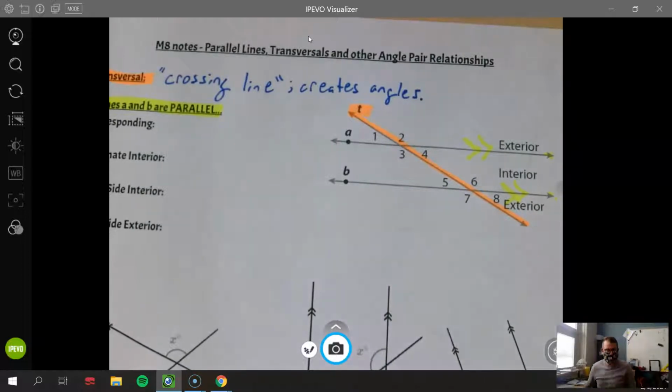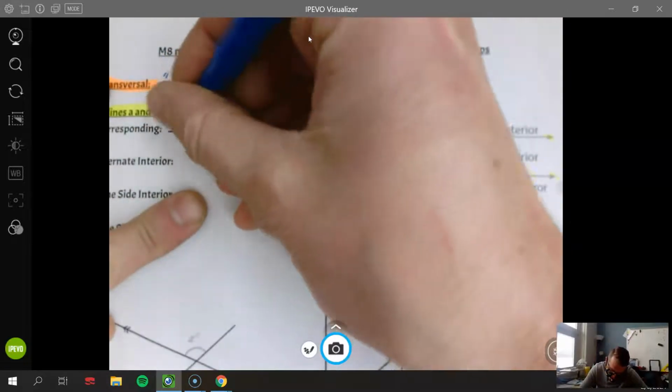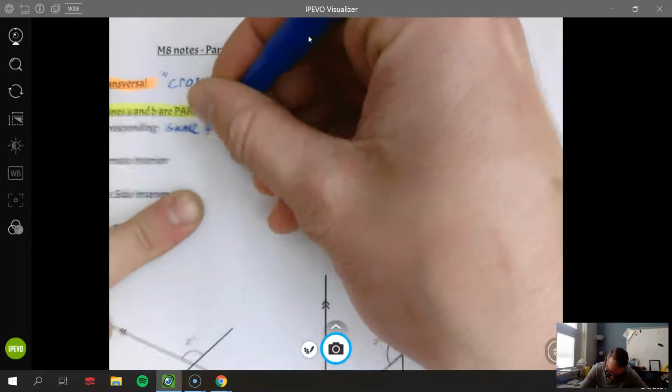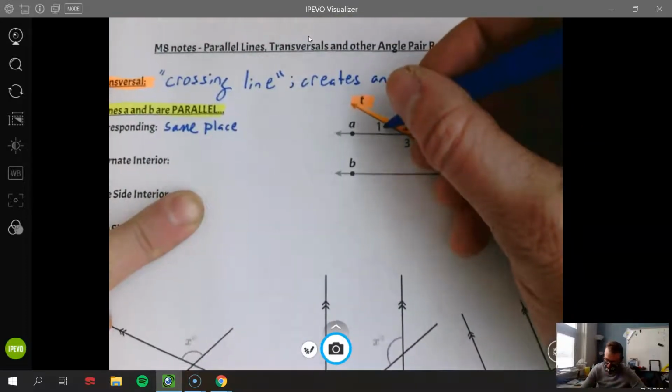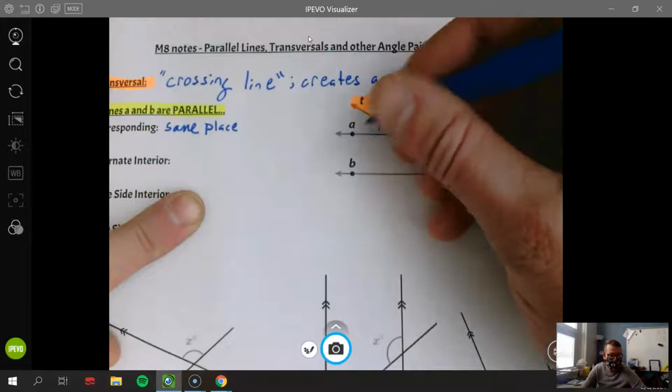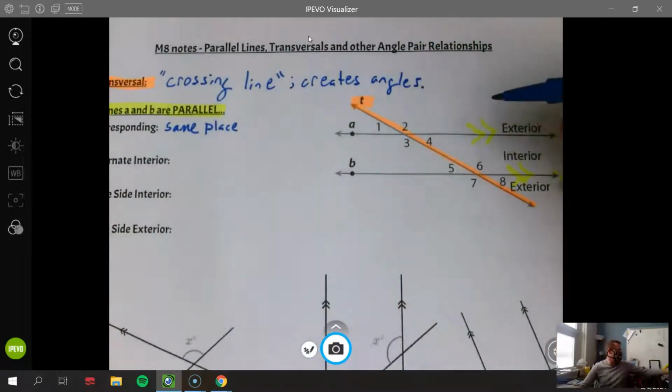Corresponding means they're in the same place. So if you want, you could go ahead and write down this definition means same place. But what I mean by that is angle 1 is on top and to the left, right? Compared to the parallel line, angle 1,